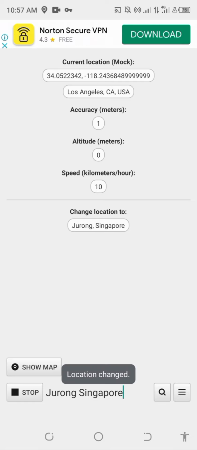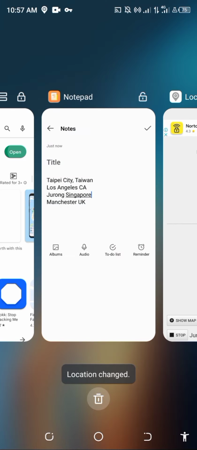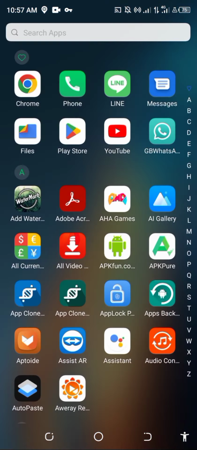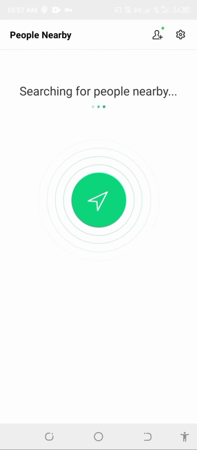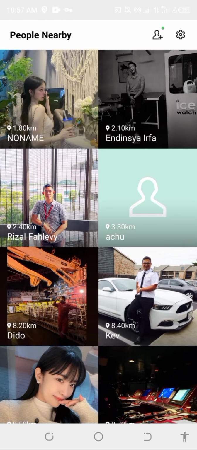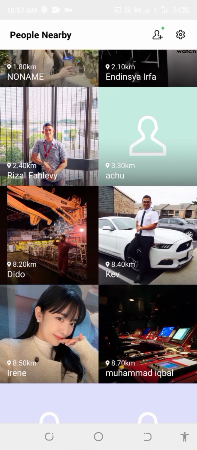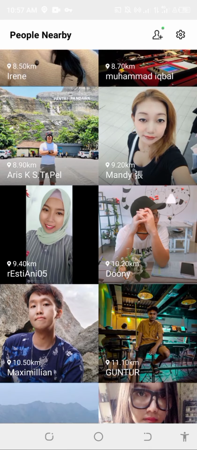Let's search again. Make sure it has changed. Okay, now let's go back to the Line app. Hit on people nearby. You are now in Singapore. So it's just a simple way to meet new friends online.